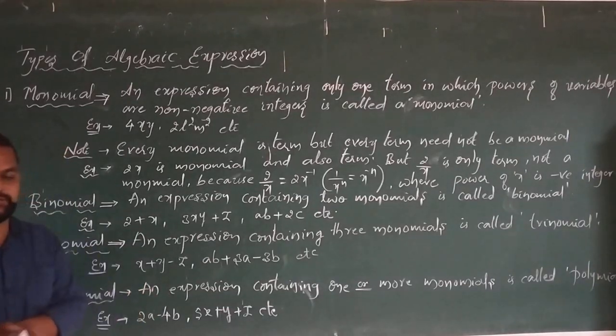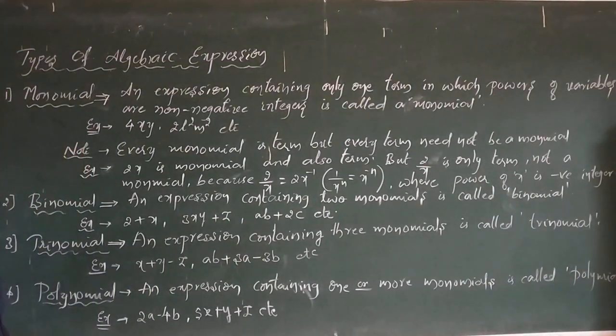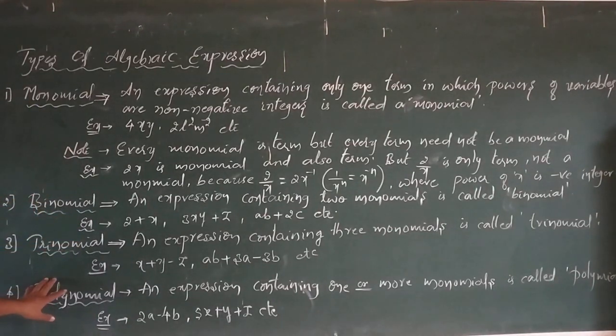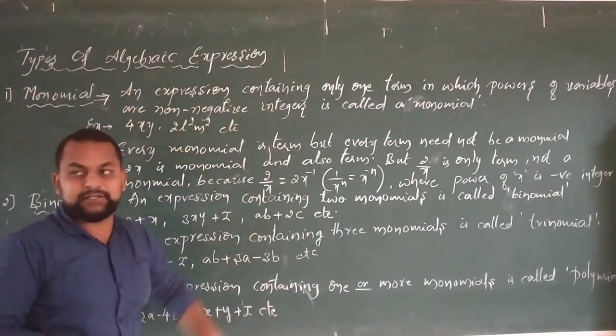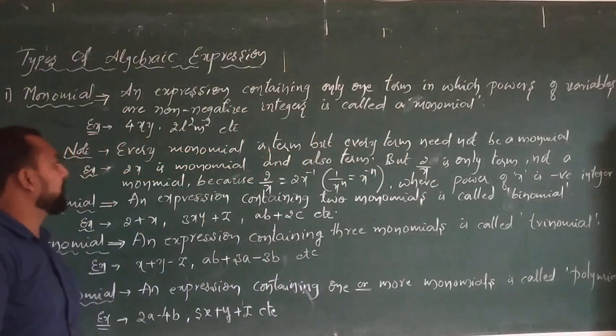Okay, the next concept is types of algebraic expression. Here in the types of algebraic expression, we have the monomial, binomial, trinomial, and polynomial. Now, what is a monomial? An expression containing only one term in which powers of variables